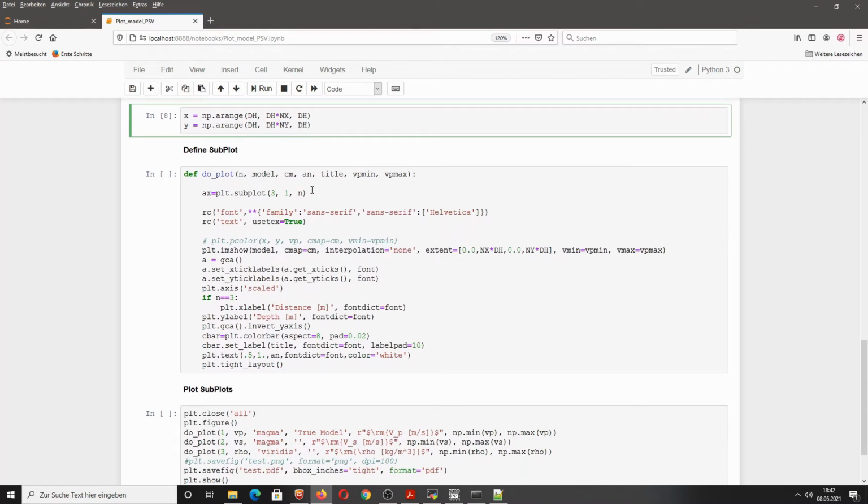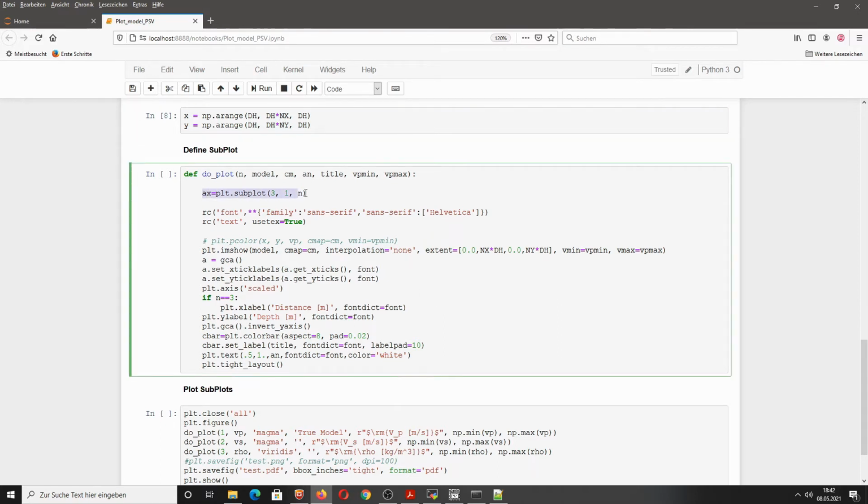Here I created a short Python function to simply plot the resulting model. I plot all three models at the same time, the VP, VS and density model, with this subplot function, using imshow to simply display it as an image.